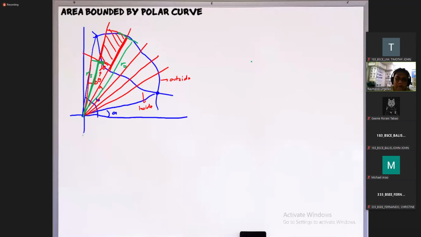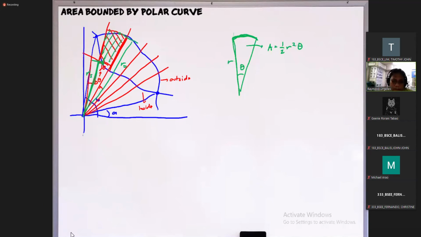Remember yung shape niya is parang circular arc, or circular sector. Yung tatandaan natin pagdating sa circular sector, ang area nito is equal to 1/2 radius squared multiplied by the subtended angle theta. Ito yung theta, yan yung arc. So pag kinuha natin tong area na to, that is area ng sector ng outside curve natin minus yung sector ng inside curve natin.